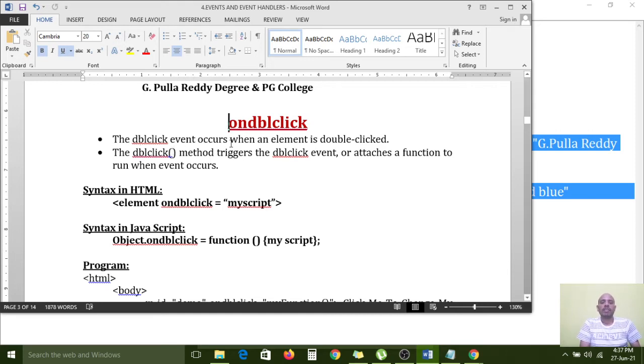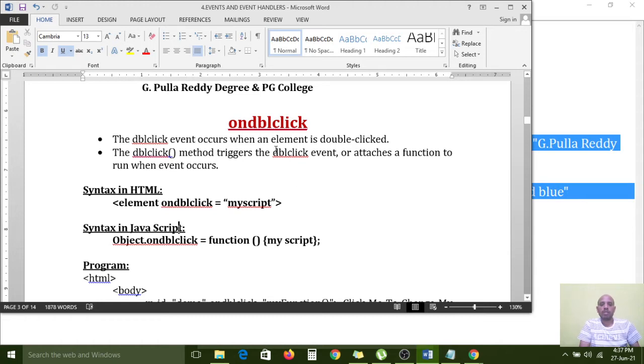The dblclick event occurs when an element is double clicked. The dblclick method triggers the dblclick event, or attaches a function to run when the event occurs. Here is the syntax: onDblClick. Internally, it contains the dblclick method.